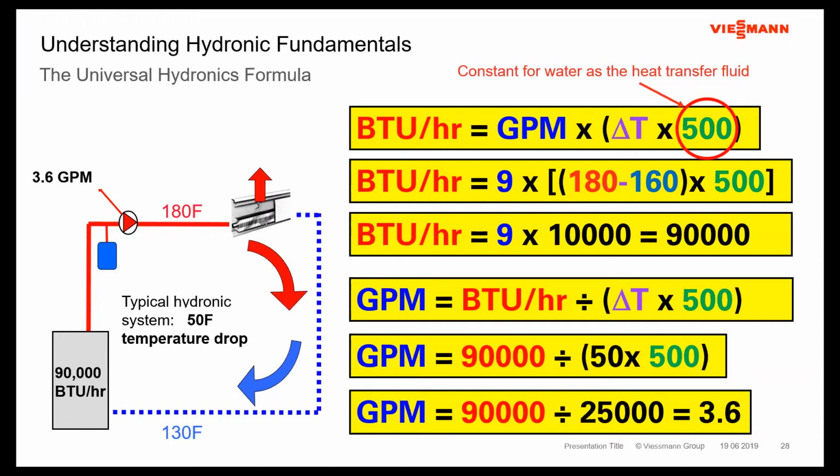If it's baseboard that goes from room to room to room on one thermostat, what you have to be careful of here is, as that water flows through one piece of baseboard into the next room and the next piece of baseboard, when it hits that last piece of baseboard in that last room, is that supply temperature coming in high enough that we're going to get enough BTUs coming out of that baseboard to heat that space effectively? So there are some challenges, obviously, that you have to deal with when you're talking about delta T's in different